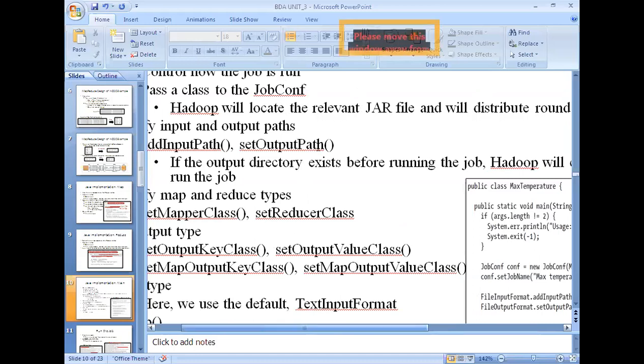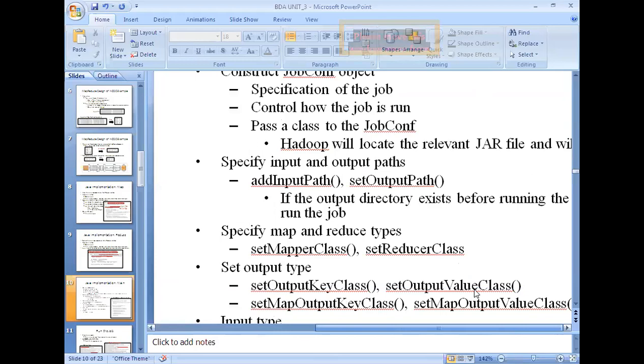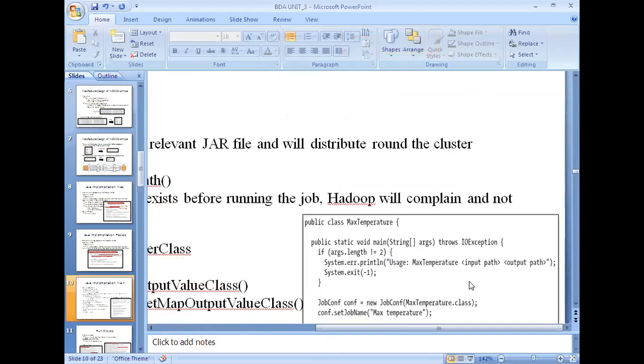What the job configuration object does is provide a specification of the job. That means which job is going to be run, and it controls how the job is running, and you pass a class to the job configuration object, right? Because as you know, the job tracker is responsible for distribution and execution of the job.